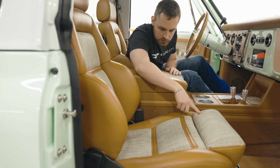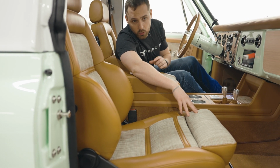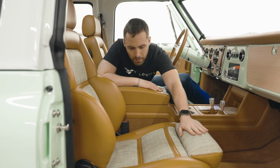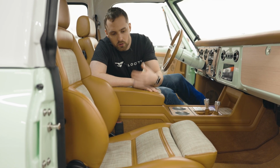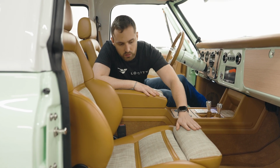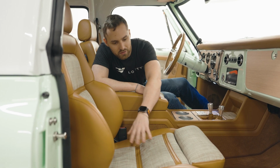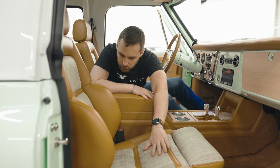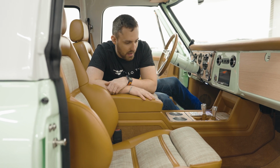When we do them in the seats though, we actually make them out of a bamboo weave. So it's a matching material with the door panel inserts, but because they're bamboo, it just makes them super breathable, especially when it's warmer. You do want to kind of avoid that back sweat thing that can sometimes happen with older vehicles. And so this bamboo weave is just really, really breathable, just helps with the airflow behind you as